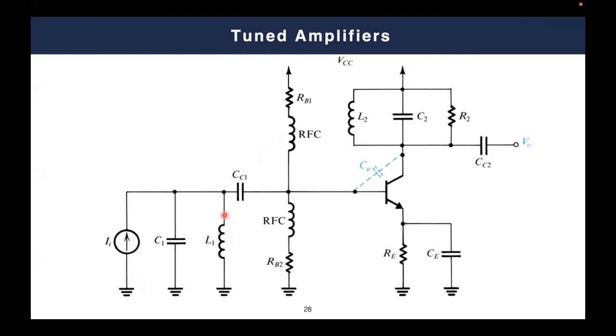So in order to make sure that only your resonance frequency passes to the amplifier, rejecting any expected noise to the system, you simply use this filter as an input stage to only pass your resonance frequency,